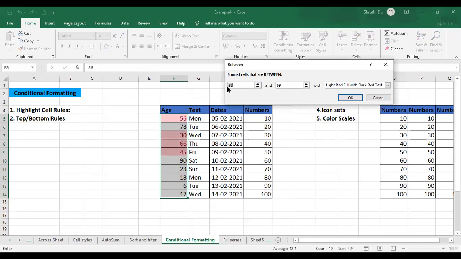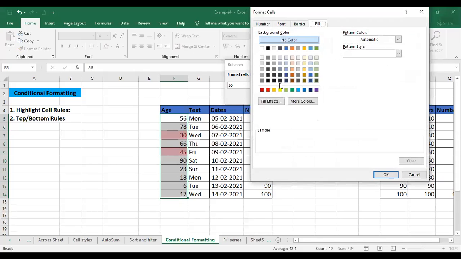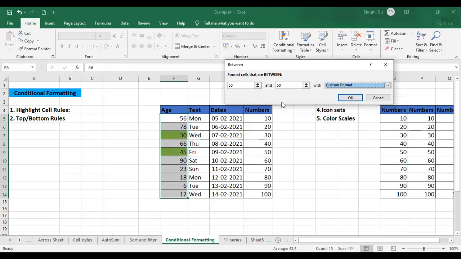By default, you're going to have some other numbers, so you can change it according to your will. Okay, so as I said, I want to check for the ages between 30 and 50, right? So I'll give the first range as 30 and 50. Okay, just change the cell number there. Okay, and again you can just change with the colors. This applies same thing. Okay, I'll just go to this one, select green or red, whatever the color you want to choose, click on OK.